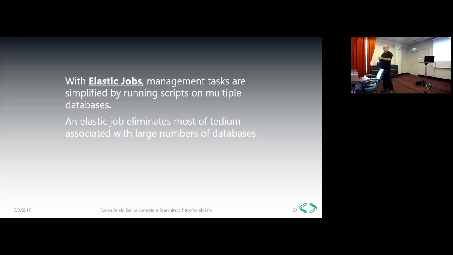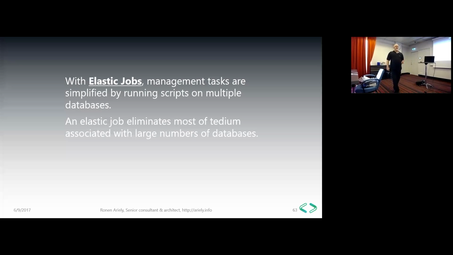But I can give you some golden rules. First of all, you need to remember that the number of databases inside the Elastic Pool is limited. At this time, in the portal, you will find that the maximum we can put inside the pool is 500. And it's not in all the pricing tiers. So first of all, we're limited by the system. If you have 1,000 databases, it doesn't matter if you want to manage everything in one pool. You cannot. It's not supported at this time. So this is the most important rule.